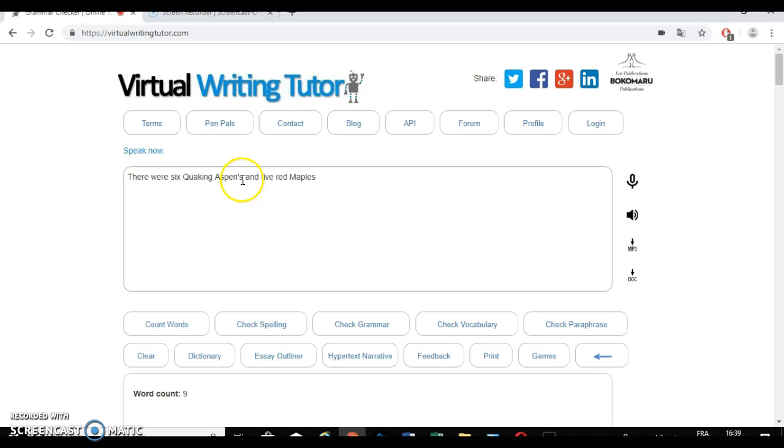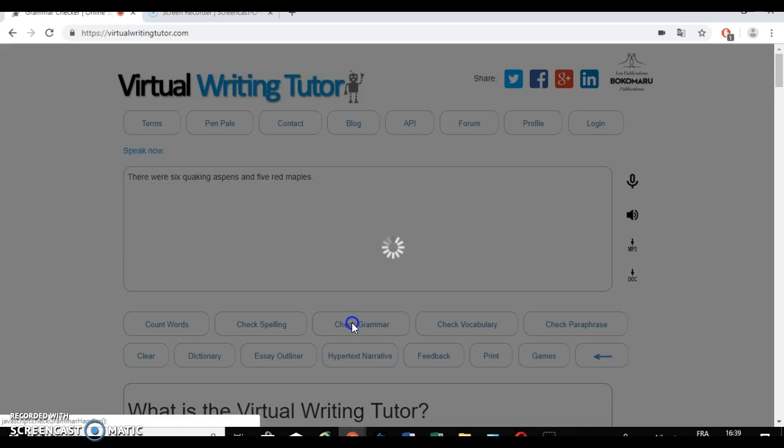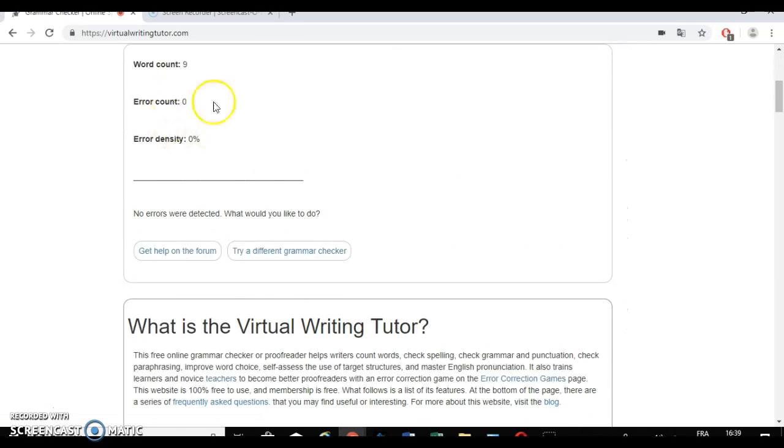So I can remove that little. And there is no capital letters because it's not the scientific term, so it doesn't take capital letters. And I can put a dot, and now I can check grammar again, and I don't have any mistakes, so